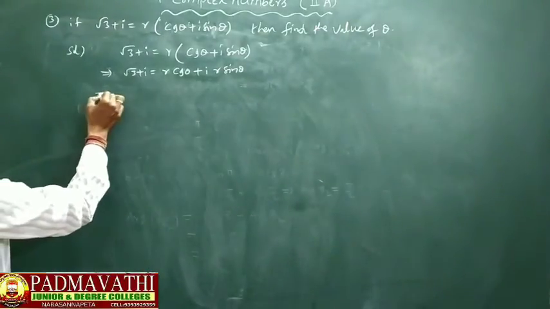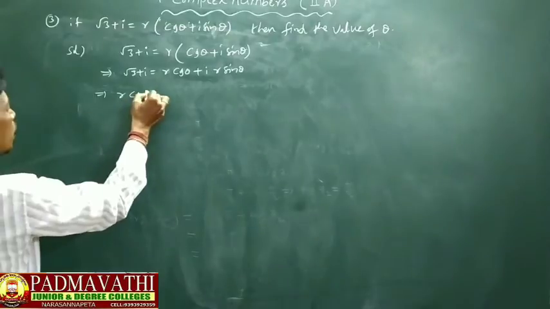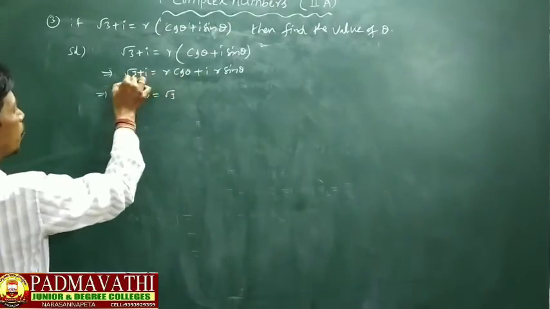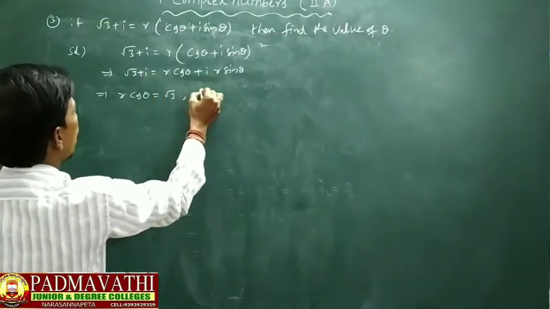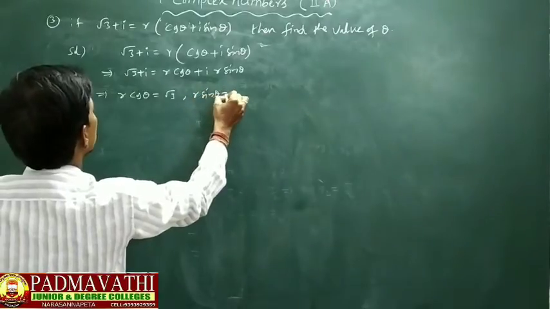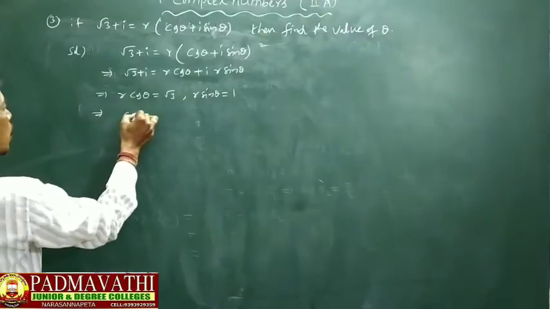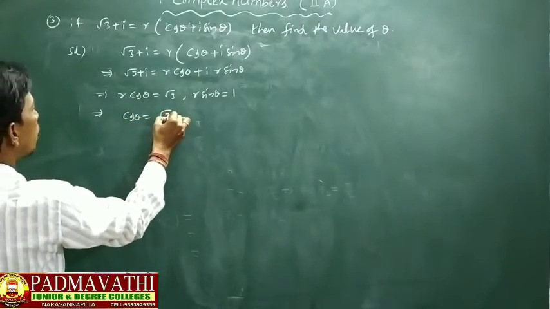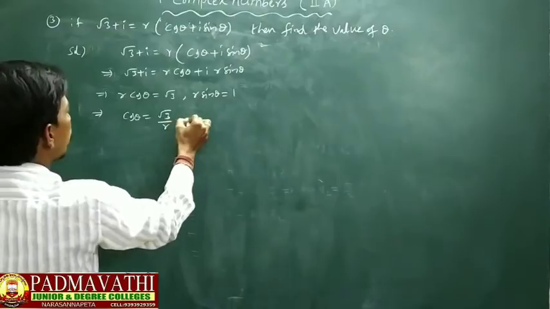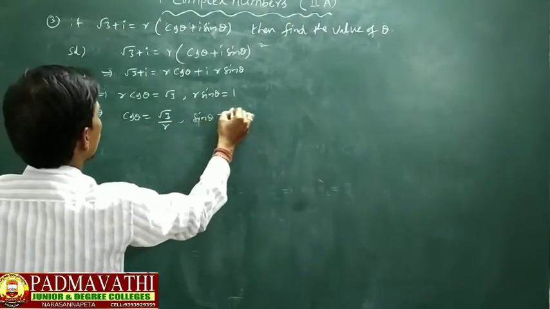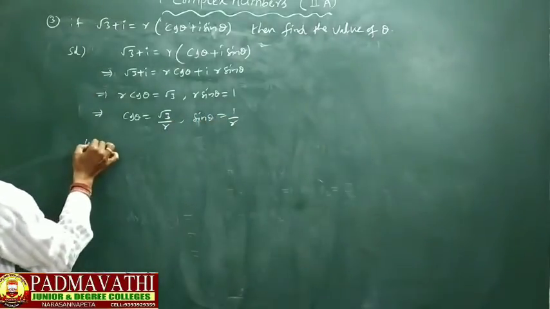That implies r cos theta equals root 3, by real part comparison. The imaginary part is r sin theta equals 1, which implies cos theta equals root 3 by r and sin theta equals 1 by r, where r equals